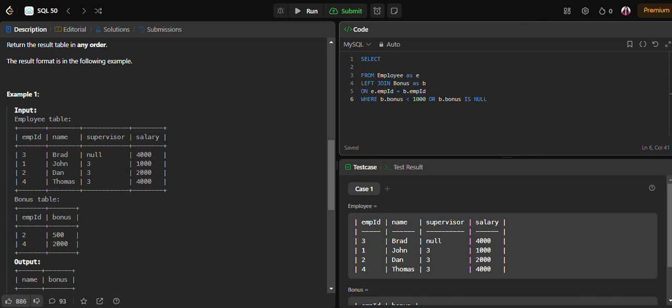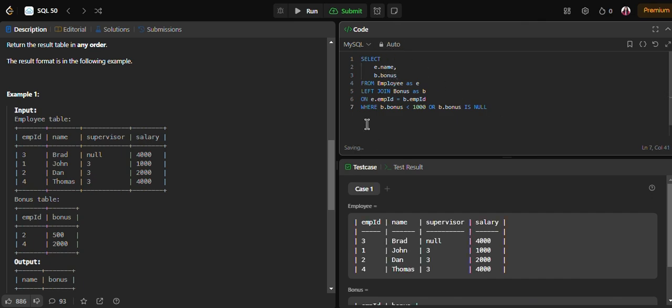The second condition selects the employees who don't have a bonus record in the bonus table. The columns that we want to retrieve are the name, which we will retrieve from the employee table, and the bonus, which we will retrieve from the bonus table.